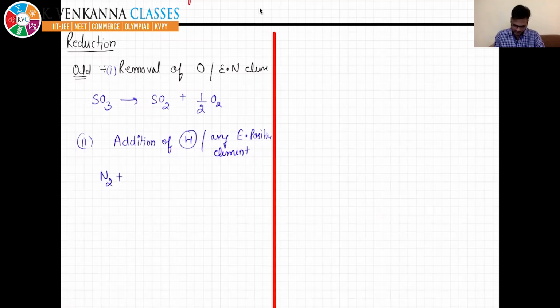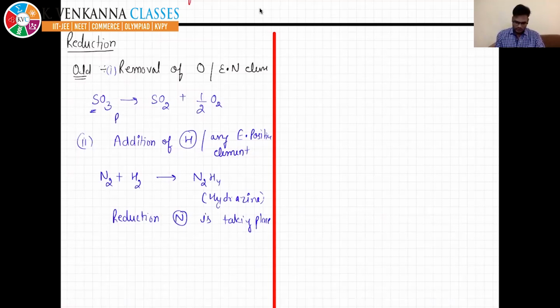Nitrogen plus hydrogen providing hydrazine. This compound is hydrazine, beta, used as rocket propellant, right? So in this case, reduction of nitrogen is taking place. In this case, oxygen is removed from sulfur, so reduction of sulfur,